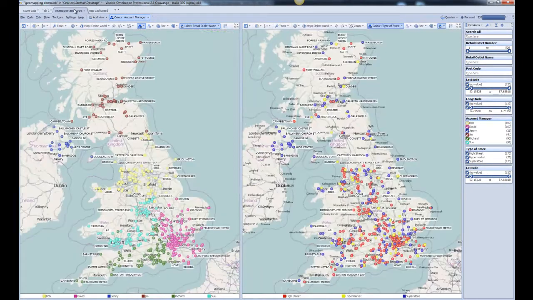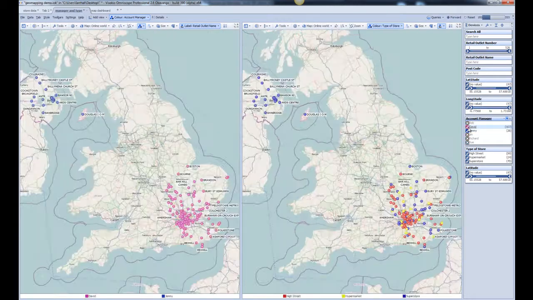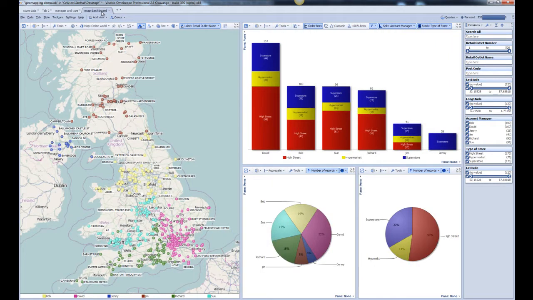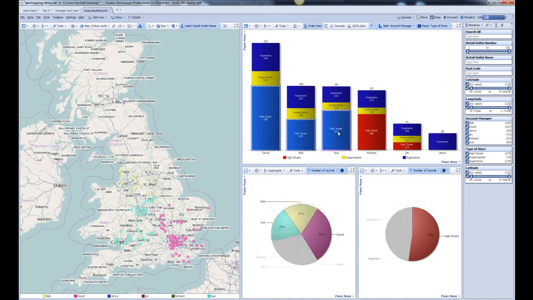By adding views we can look at more than one map at a time, and of course we can use our filters from the right hand side down to any subset of data. And we can use maps as part of a dashboard. In this case we've also got bar charts and pie charts on the same screen, and all the views link together. So as I click on the bar chart, we can see that relevant bit of information now being highlighted in the pie charts at the bottom